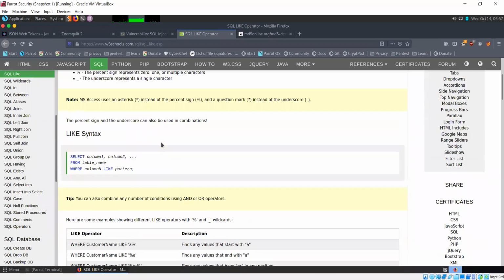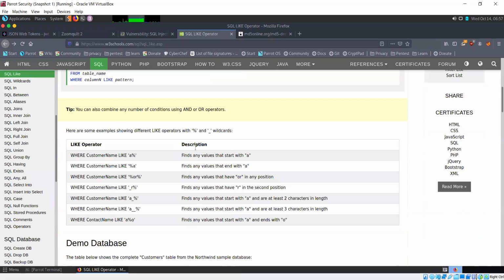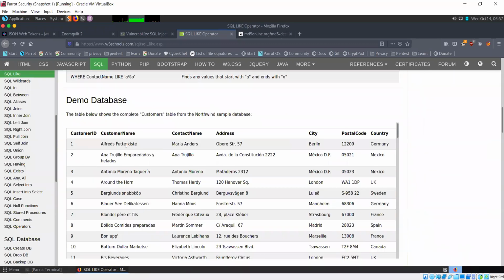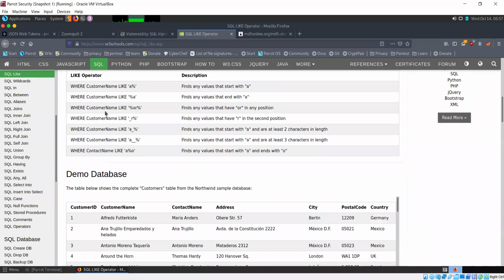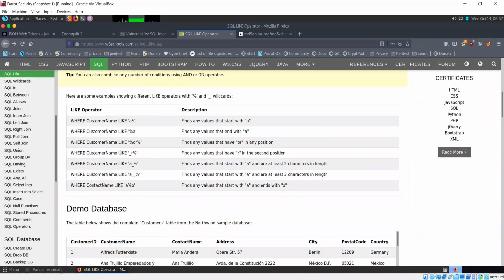So in this table they have this customer name column. From this table, the customer name column is where we are putting the condition. So it would be something like select name or ID from table where customer name like, and you'll specify some condition here. So in this case it is A followed by a percentage sign.